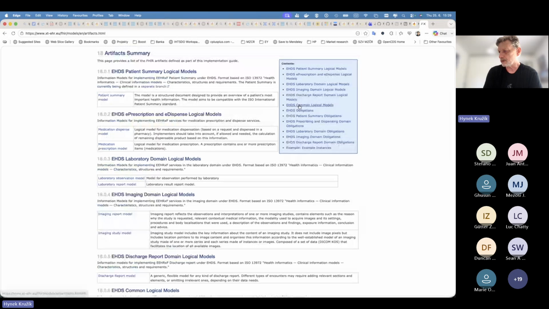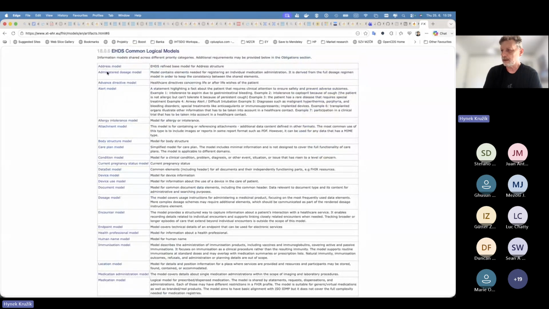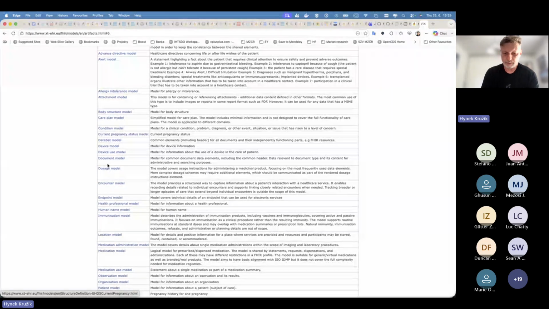So ESDS common logical models are here, and you can see how we modeled the business entities. Of course, because we knew that we are going to implement them in FHIR, those business models were highly inspired by FHIR resources. So, for example, if we go into the observation, my favorite,